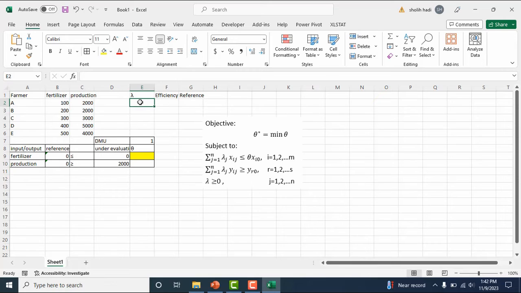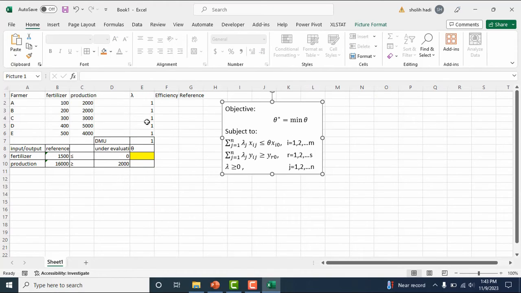For the initial values, we put any number here. Now we want to calculate the efficiency for DMU number one.